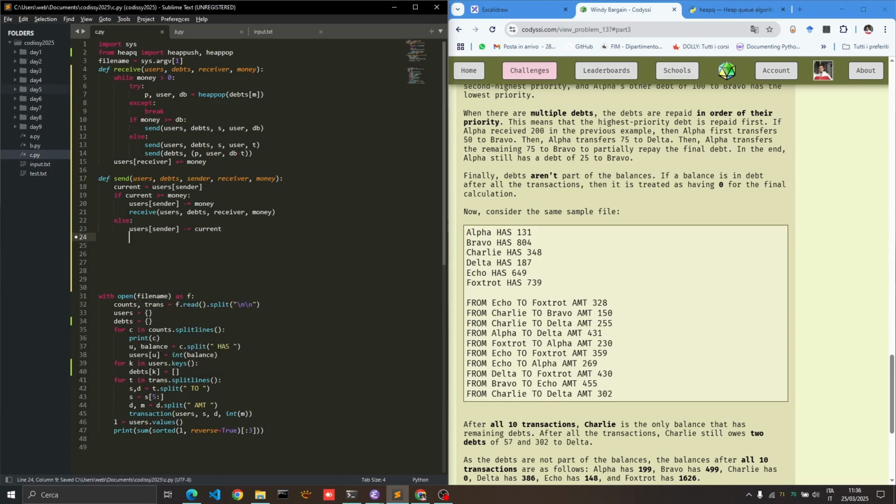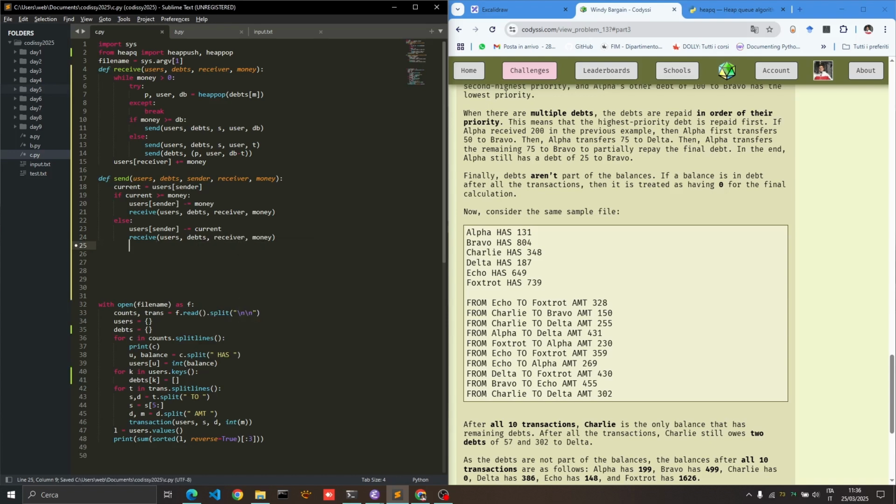So we just drain, and then we make the other guy receive. So receive users receiver money, and then we add, so we do heap push,